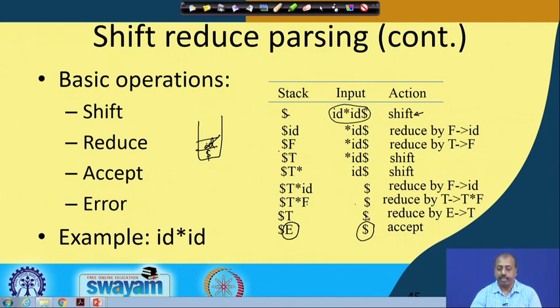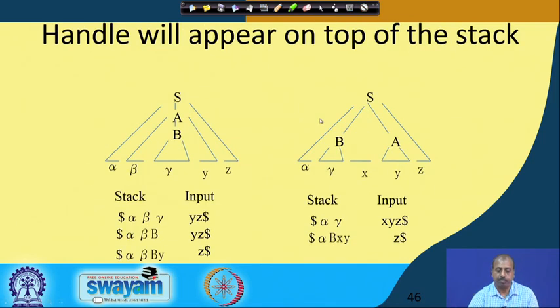If there was an error in the expression, then at some point we will not be able to have any legal action. At that time, we will flag that there is an error at this point. So, this can come to an error as quickly as possible, and in fact, one advantage of bottom up parsing is that it can come to these errors quite fast. But of course, how do you take these decisions? That is the question. We will look into that as we proceed through the discussions.